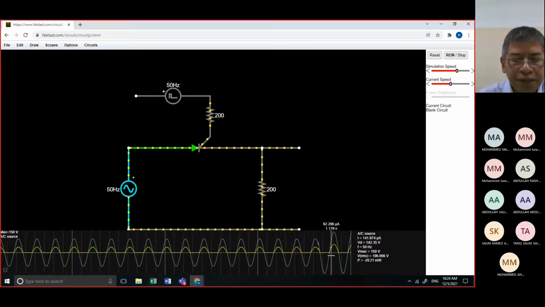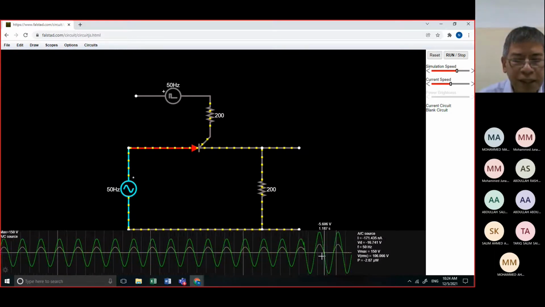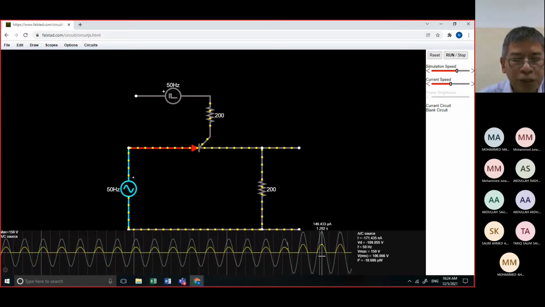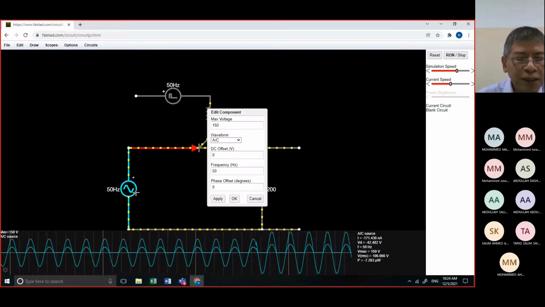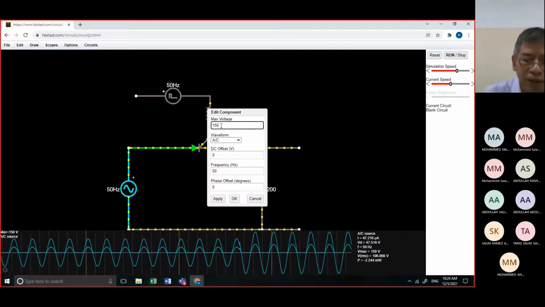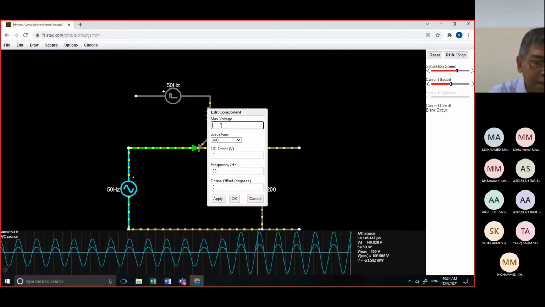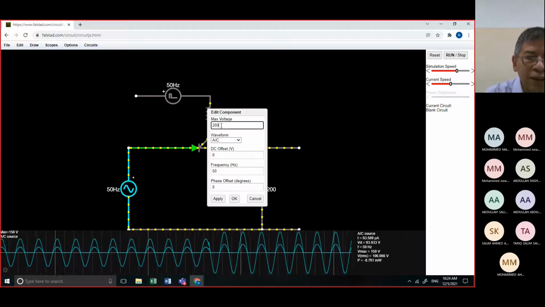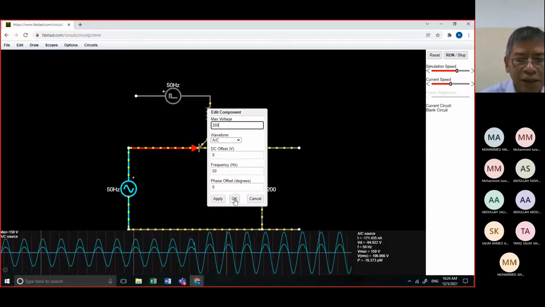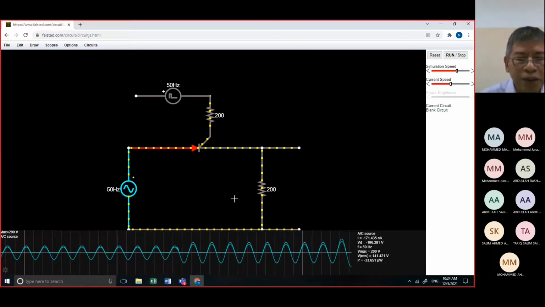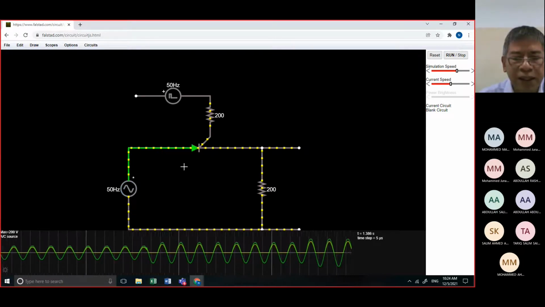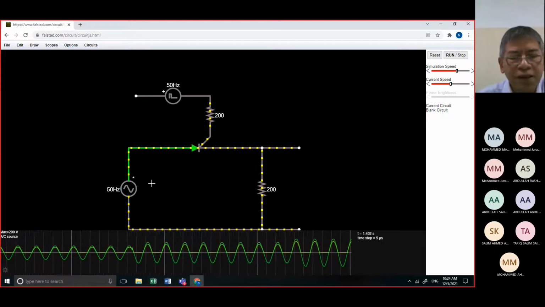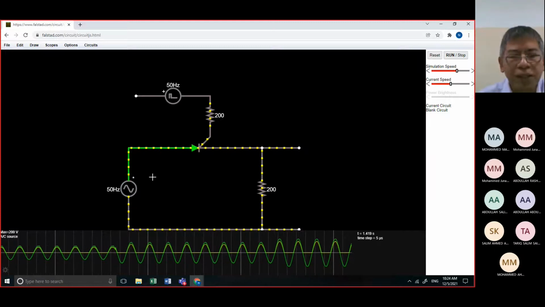This is the input, and this is the output. When we change this to 200, what will happen? 200. So this is your output. There are different values upon changing the value of the input voltage.